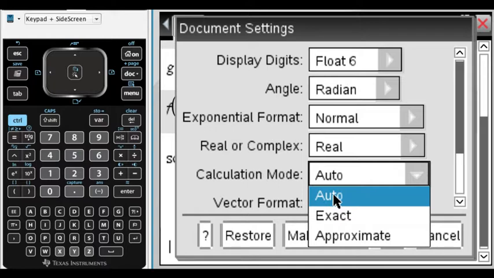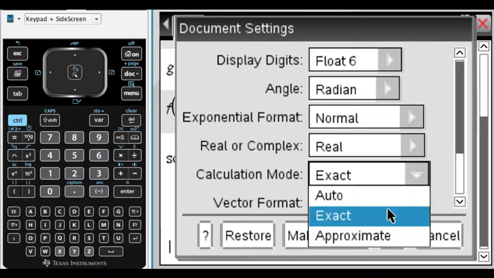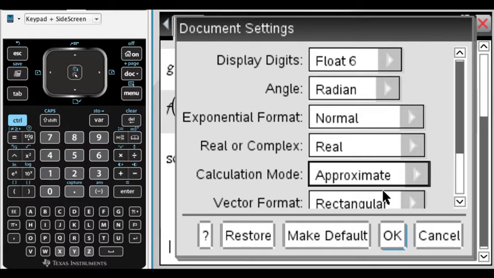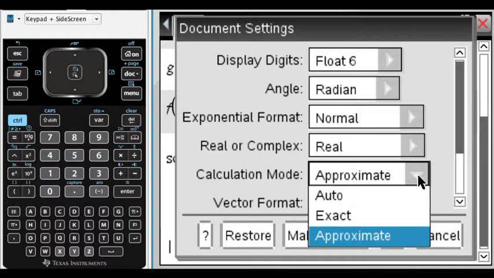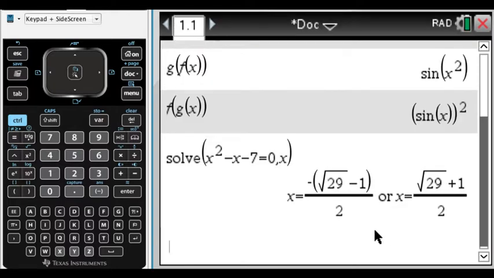What auto does is it gives me an exact value if it can. If it can't, it does a numerical approximation. If I had it set in exact mode and it couldn't do it, it simply would give me back the syntax that I entered into the machine. If it was set in approximate mode, it would always force a decimal approximation. So for me, leaving it in auto mode is the easiest thing to do,